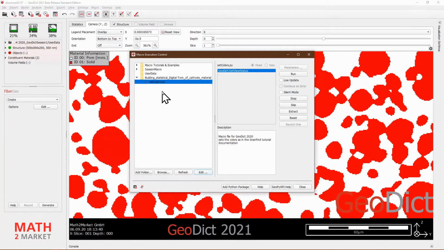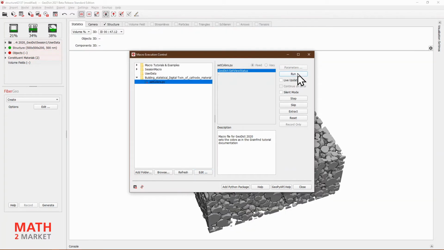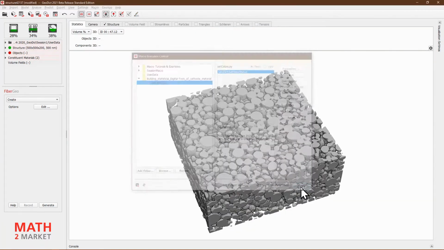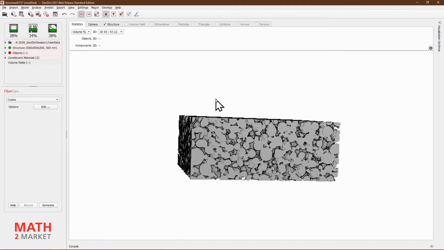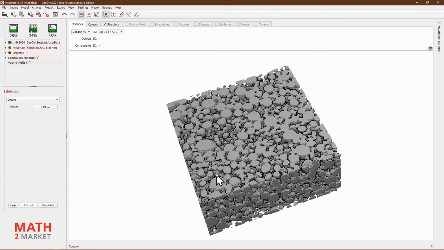So having selected that and having looked at a file, I can say run that macro and close the pop-up window up here again, and now I get a 3D visualization of the structure that should be very, very similar to the one that we constructed in the first session, and all of us should have the same visualization on the screen again at the beginning of this second section.